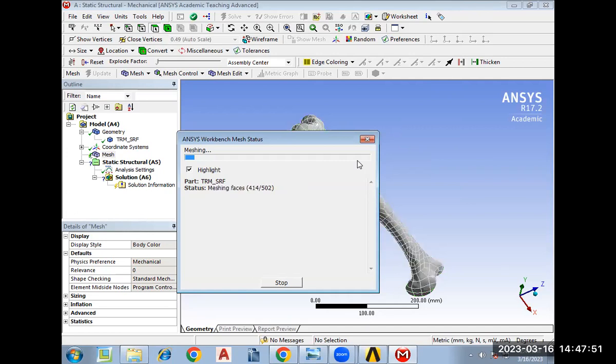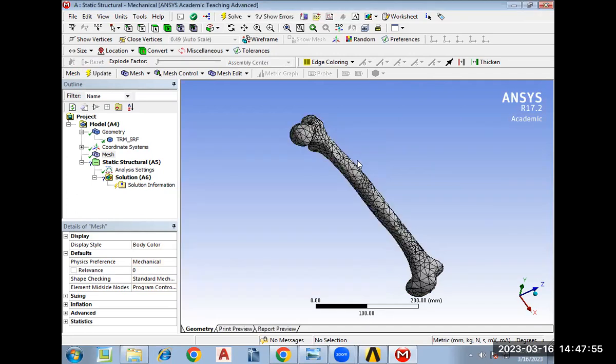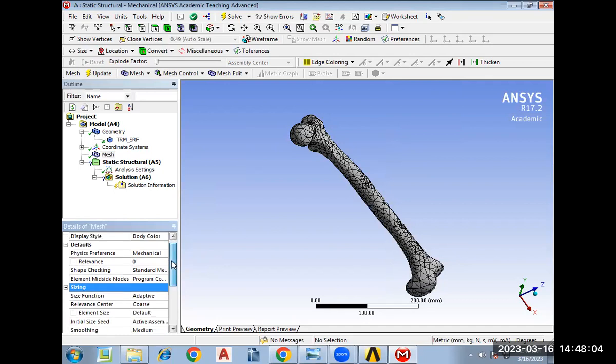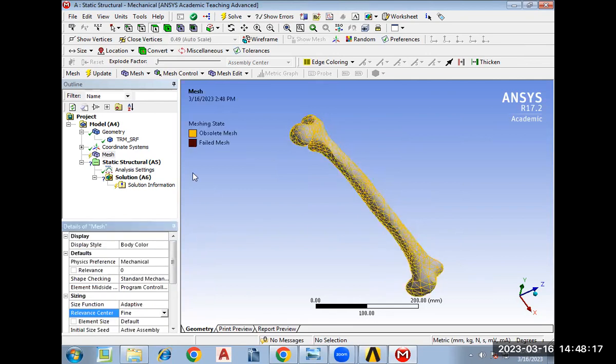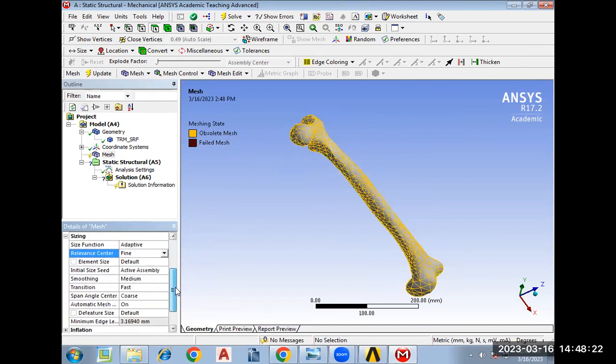And after performing the meshing, we have to go to static structure, which is A5. So the meshing has been performed, and if you click the mesh here, you can go for sizing. You can go for sizing, and here relevance center. This is a coarse mesh. Whenever I say coarse mesh, it is not a fine mesh. It has a larger diameter, so I have to make it a fine mesh. So absolute mesh, again we have to generate the mesh,